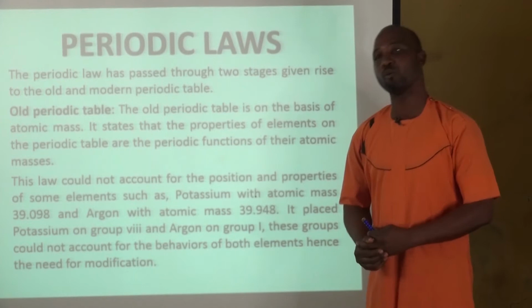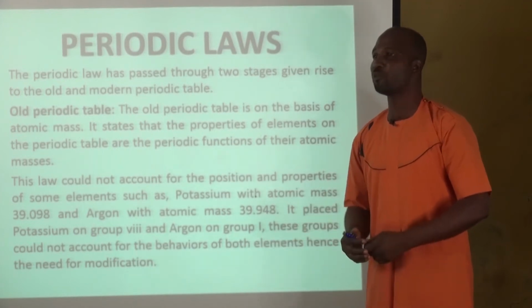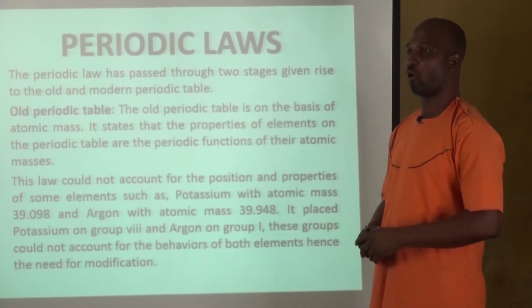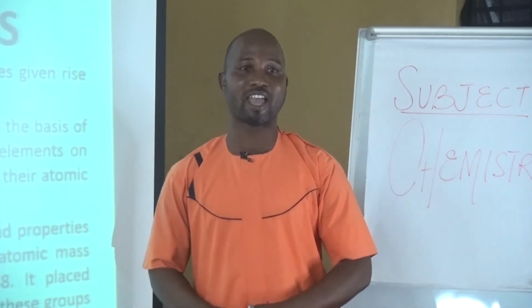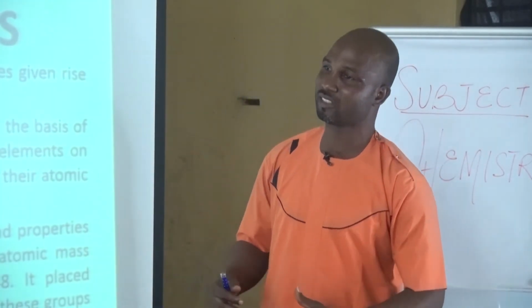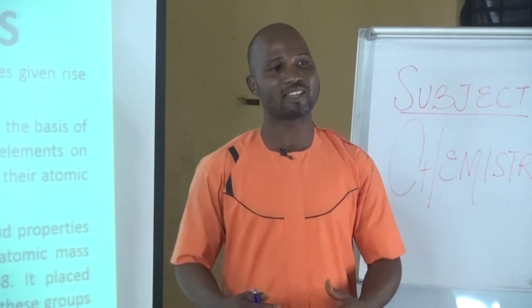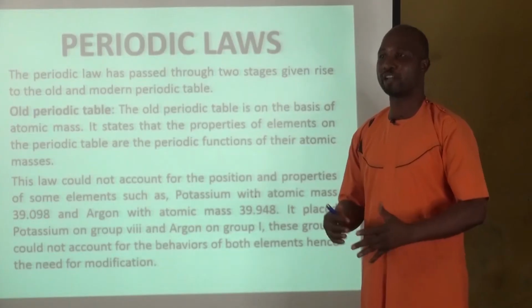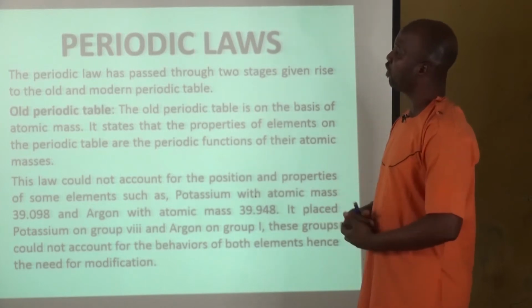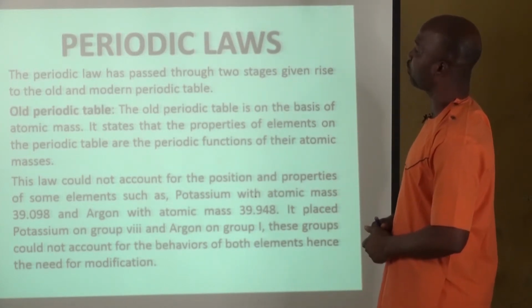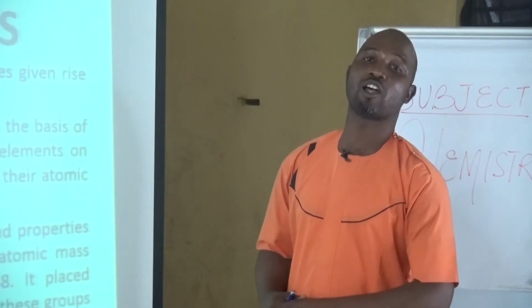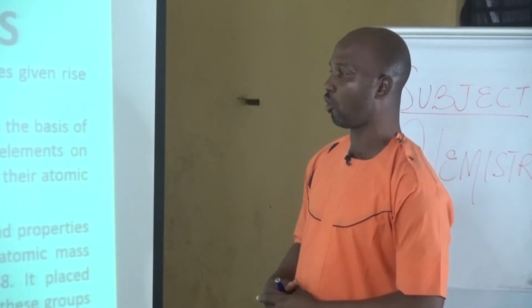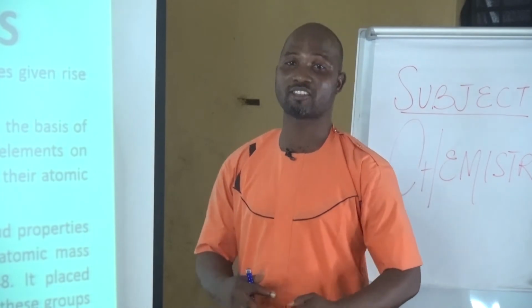One will expect that we will say periodic law. Of course, before we arrive at the final periodic law, there were other periodic laws that came before them. Because of their irregularity and inconsistency, and as a result of anomalies that came by, these laws were further modified. The first law was on the basis of atomic mass, and it was referred to as the old periodic law because it couldn't stand the test of time.